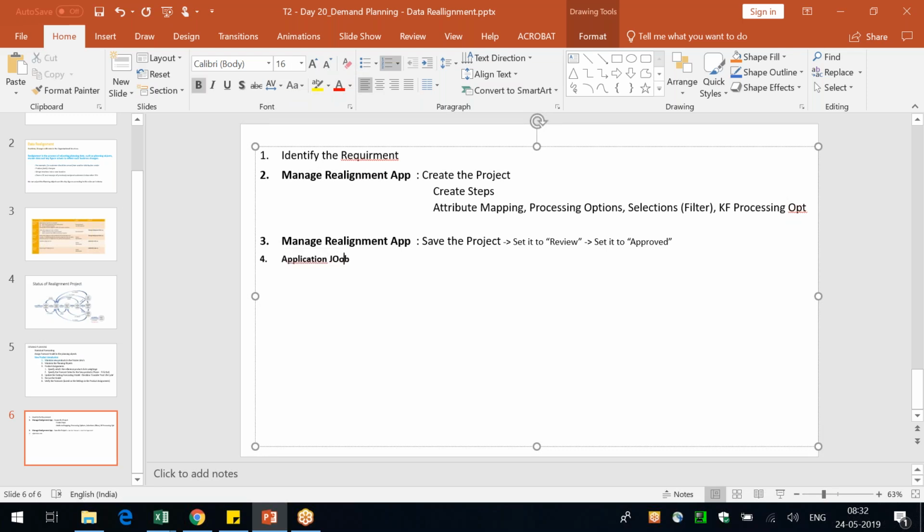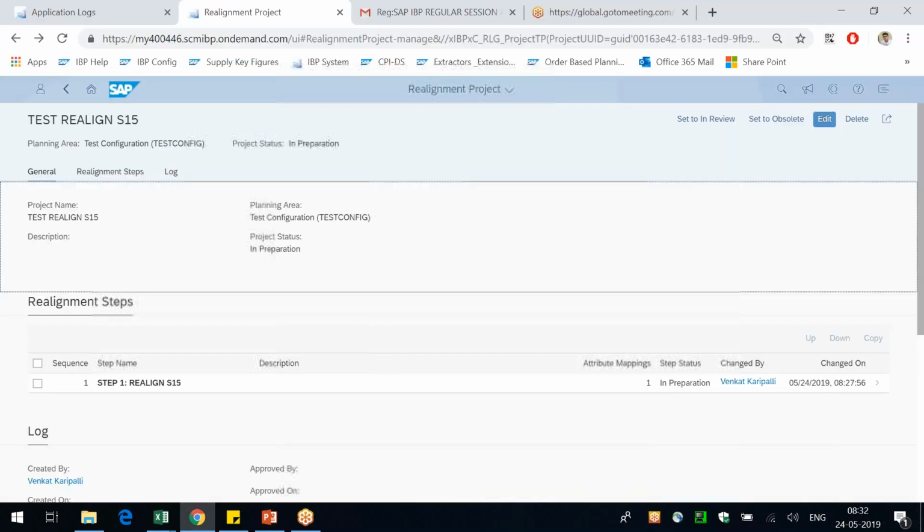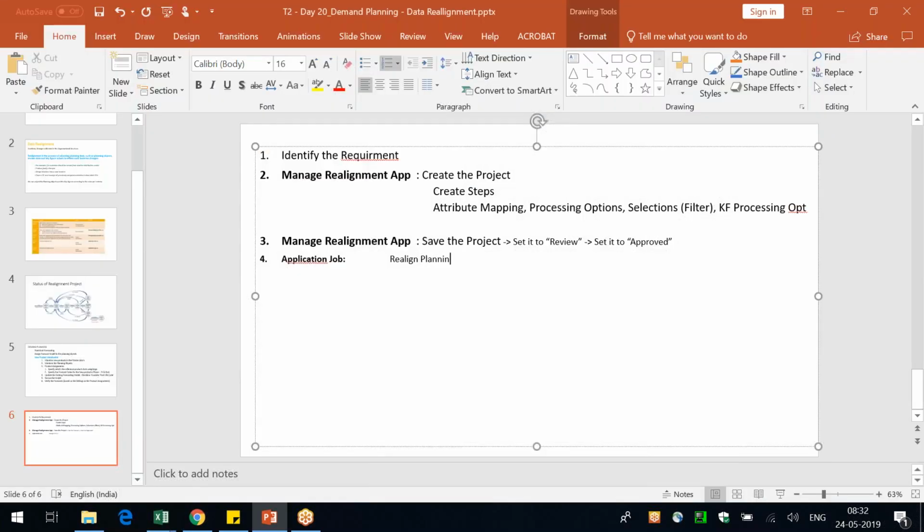Application job is where we have to pick it up, and then choose the realign. Realign planning data is a job name. So once you select this, and inside this, pick up your project,